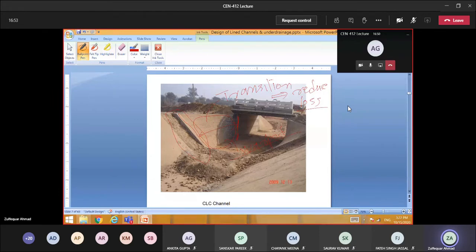See, in this canal, ladders are not being provided. So what is being done is, at suitable intervals, steps are being provided, which are not constructed here. The steps are being provided so that if the bottom of this canal is to be inspected, then one can go through these steps onto the bed of the canal and inspect it. In general, that is being provided near the bridges. So have you got it?